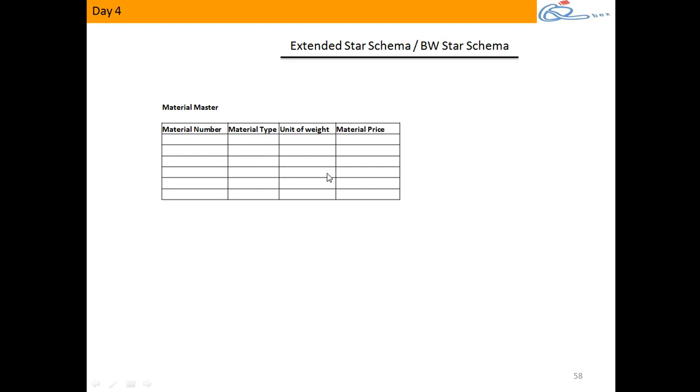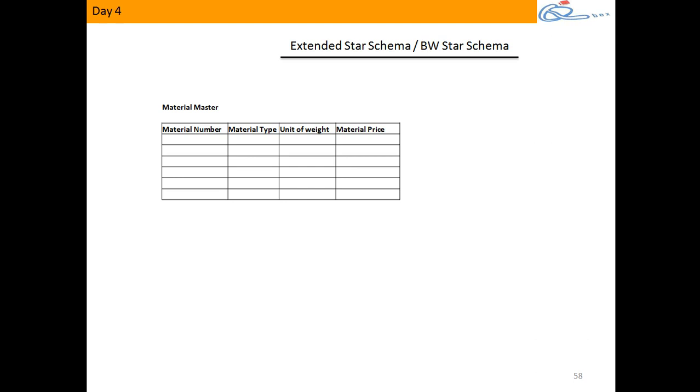Before we move on, one more point. I said for every characteristic info object, it generates a SID table. So for a time characteristic, will it have a SID table? Yes, it's also a characteristic. For a technical characteristic, will it have a SID table? Yes. For a unit characteristic also, it will have a SID table. But what about a key figure? No. A key figure info object will not have a SID table, because it is already numerical. It's already a number, already a value, so we don't need any SID to convert it to a number again. Clear on this? All characteristics, whether unit, time, technical or normal, will have a SID table.